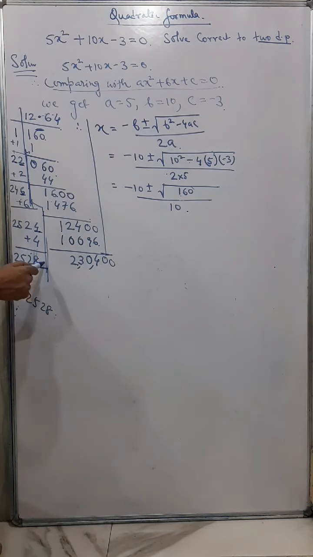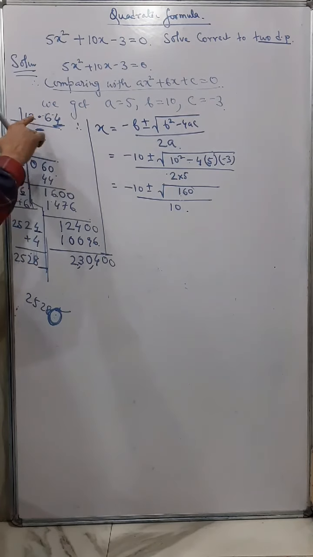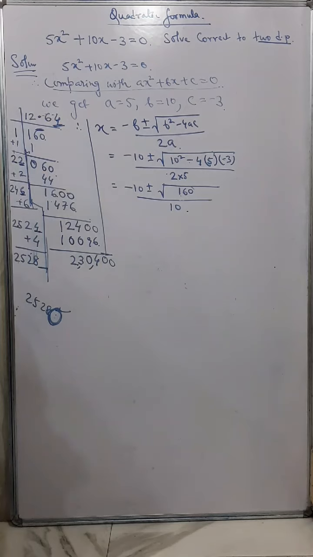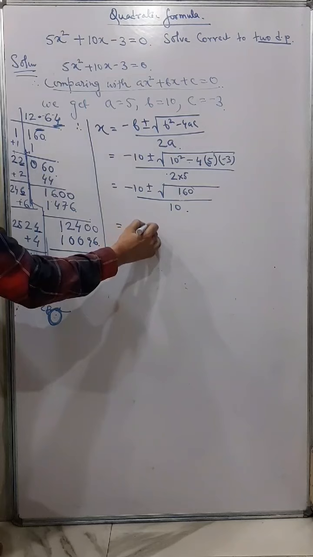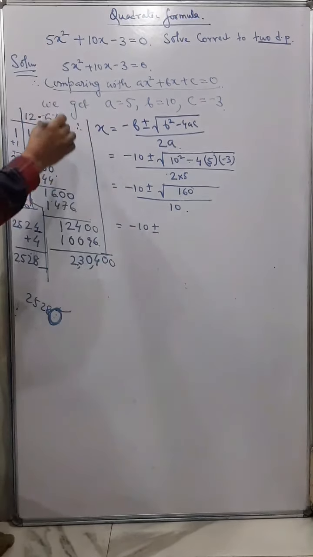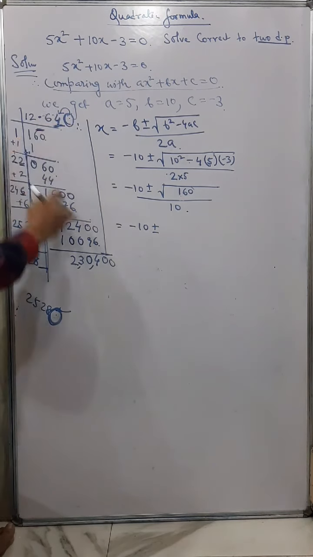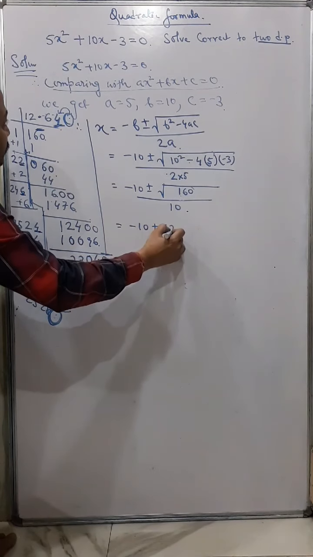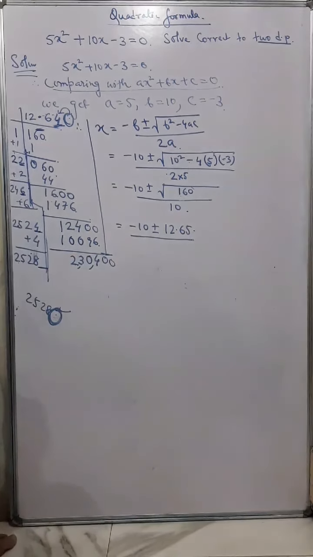So more or less whatever number you put here, now this number will be greater than 5. So that's an idea. So that means this value will become 12.65. So you will get what? Minus 10 plus minus. So when you get this number, the next number, if you get more than 5, after rounding it off, you can understand it will increase by 1. So now approximately we can see it is 12.65. So you understand, correct to 2 decimal place.